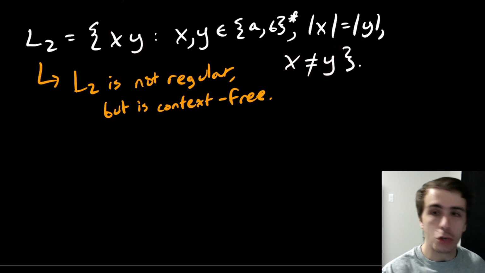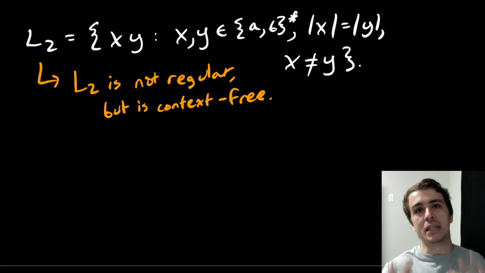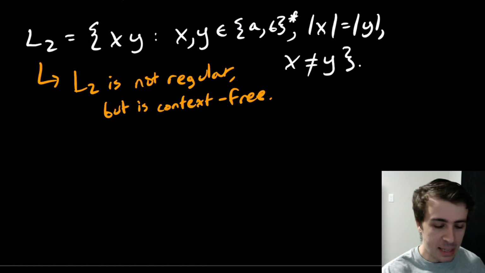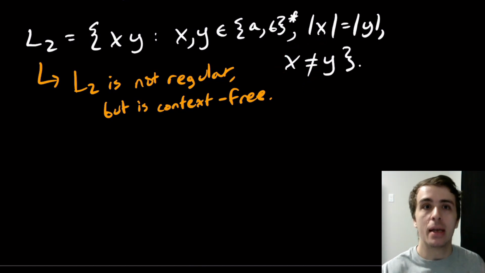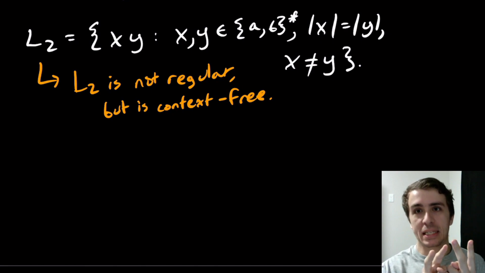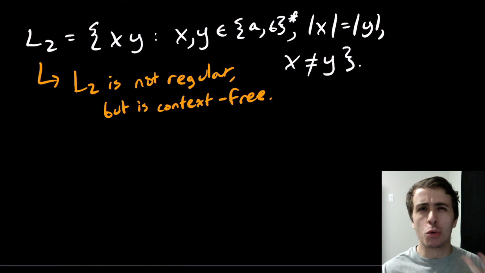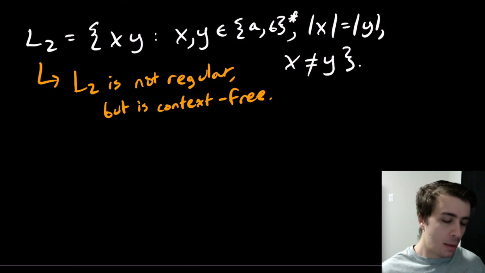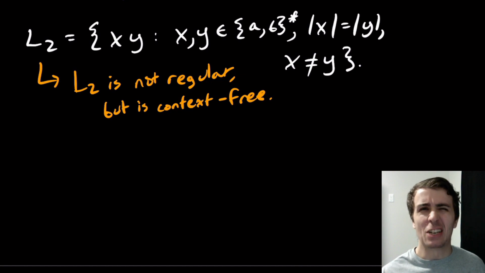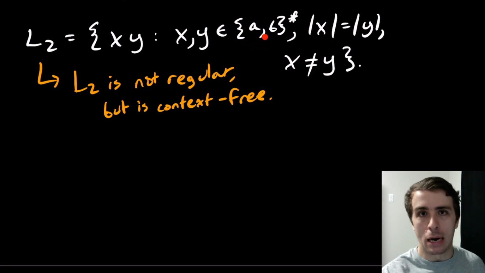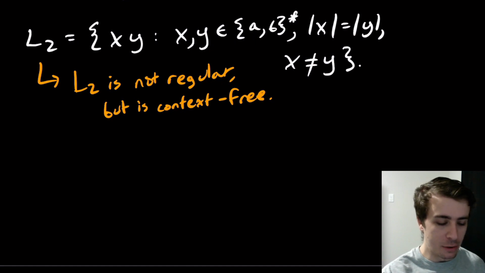And we can't really show that it's regular. The intuitive reason is that if you have 2 pieces that are effectively the same, except that they have 1 character that is different, how would you be able to record that in the states? So that's the basic idea behind the intuitive reason why it's not regular. But how you would actually formally show it is really difficult. And if you have a single character alphabet, then this would be regular for an entirely different reason. But